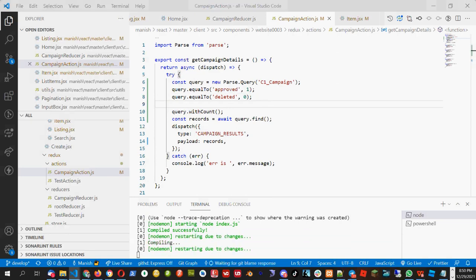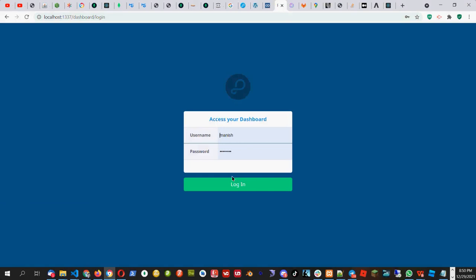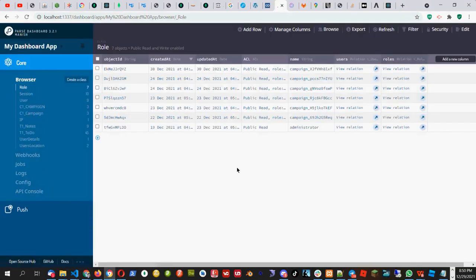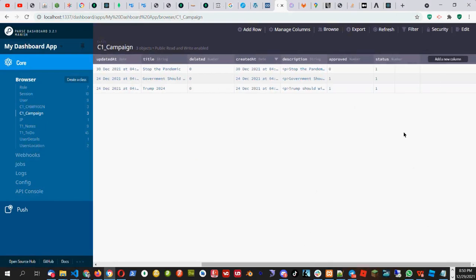We have another field called status. If you see the database, there is a status column also. Let's see, where is the status column? This is the status. I should show whatever the status 1.